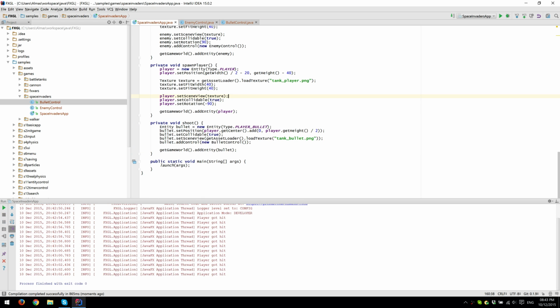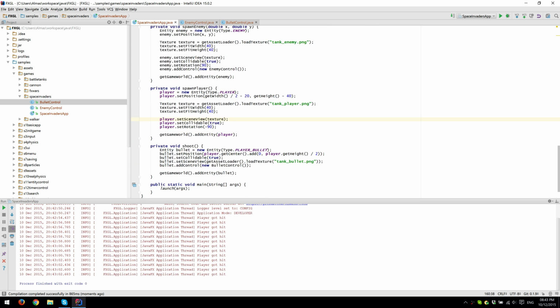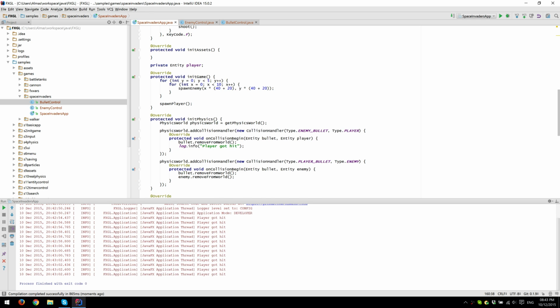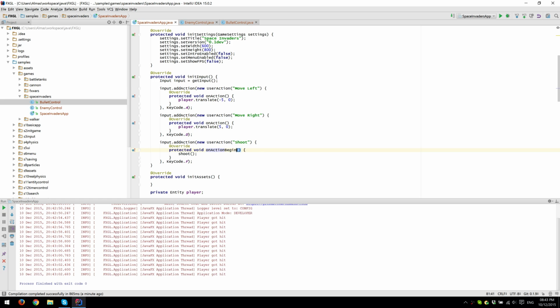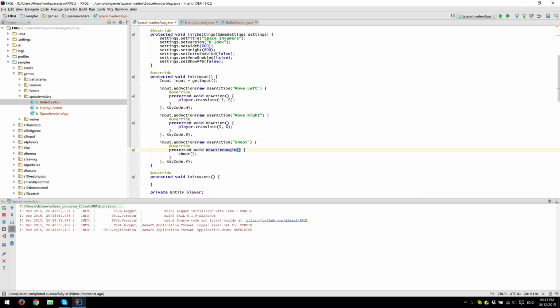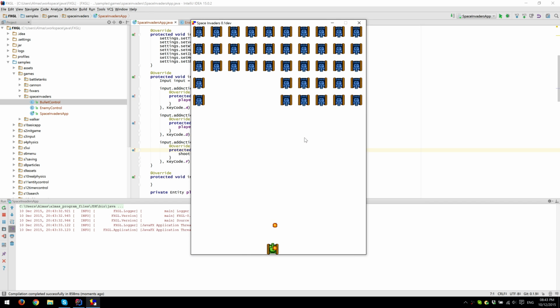Also need to be able to restrict the player so that he is not going to shoot a string of bullets. We can do that by just adding begin. So it's not going to be called on key press, but on just key tap, so per physical key press. So the user will have to tap the key rather than